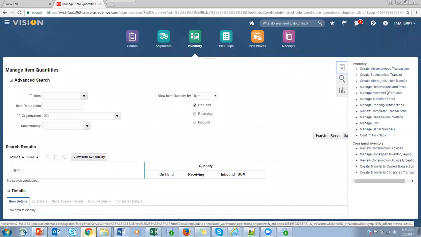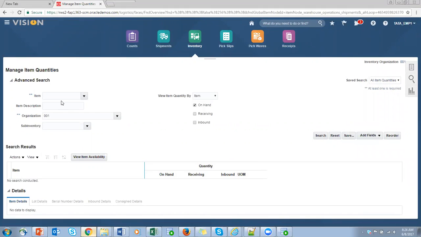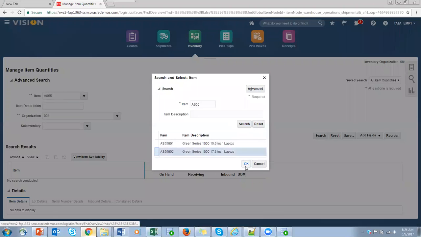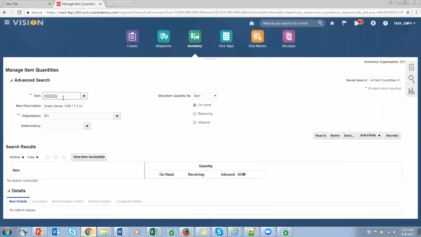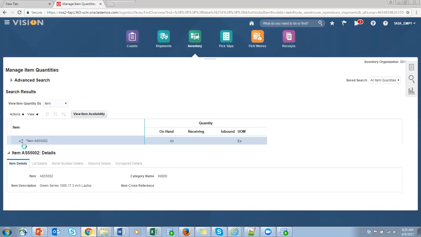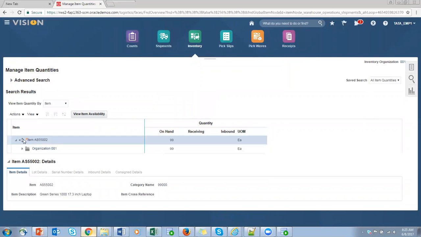Now go to, if you want to search anything pending, here manage item on-hand quantity. Here you can see the on-hand quantity. As of now it is 0, right? Now it has to update to 99. Select your item, search. See, now the on-hand quantity got updated. We updated the on-hand quantity by using miscellaneous transactions,